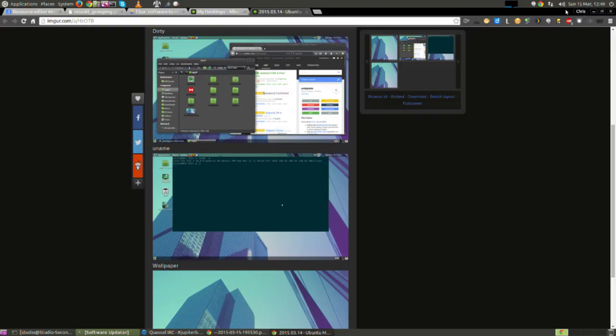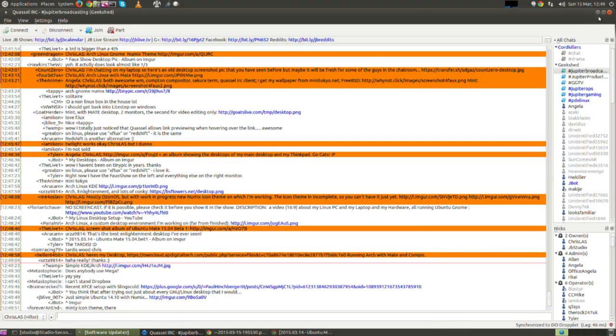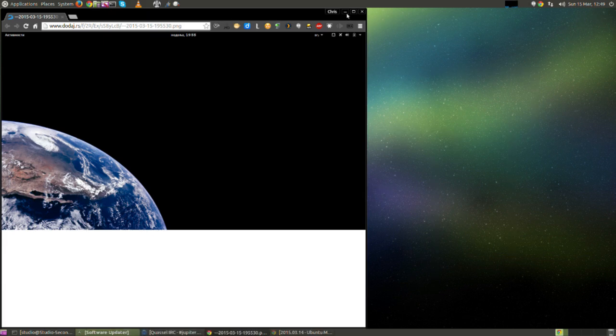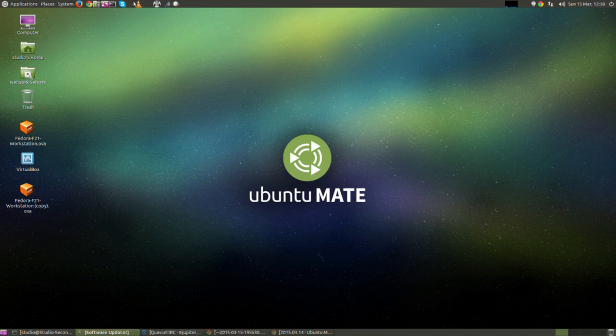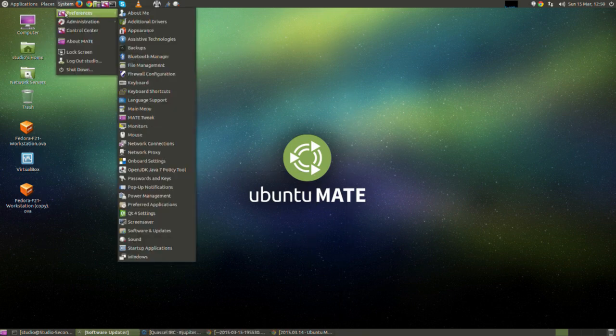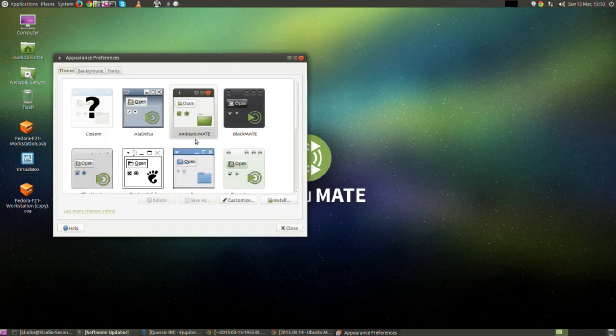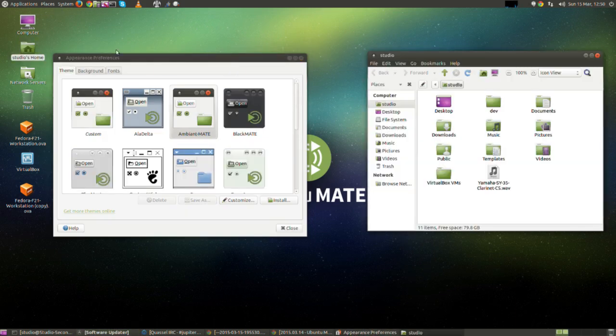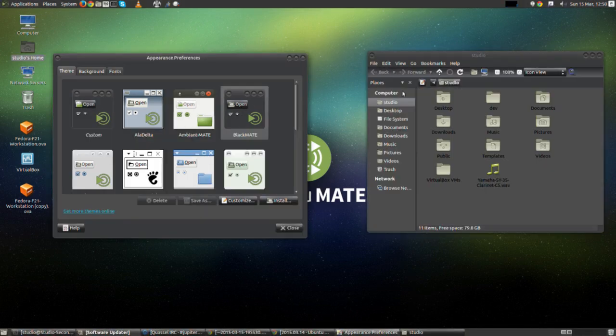See, what's fun about these kinds of desktops, and that's what I'm running here on this computer, this is Mate. What's fun about these kinds of desktops, there's another cool desktop, is you can go right in, built into them. They just have the ability to tweak the way they look and all that kind of stuff. It's just sort of built in. The appearance. Go in here and I have... Ooh, watch this. So here's my folder, right? And I can go to black and then boom. Nice. Isn't that neat? That is really cool.